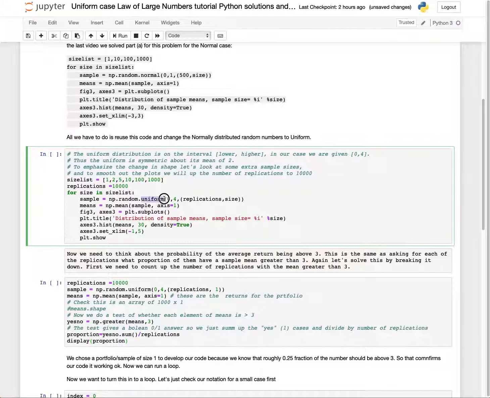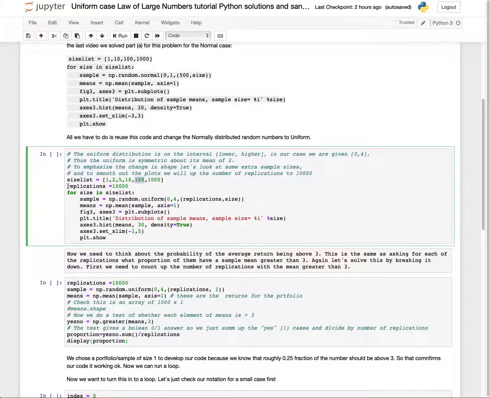So here we go. Let's change that code. That's right here. We've changed that to uniform, and we've changed the uniform distribution parameters to be 0 and 4, since those are not the mean and variance. Just running through the code quickly, we're going to have different sizes of portfolios now, different sizes of samples, and we're going to draw random returns from an asset, or random numbers. One random number if there's only one asset in the portfolio, 100 random numbers if there's 100 assets in the portfolio, and those would be the returns, the payoffs